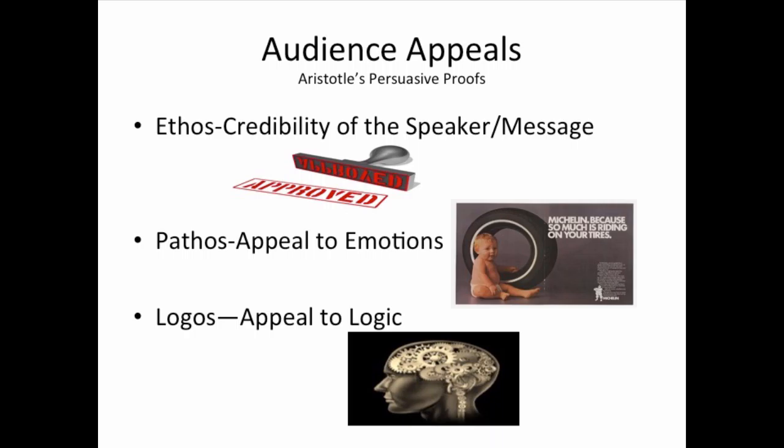So what Aristotle argues is for a message to be persuasive. I don't even think it's about just being persuasive. I think it's about a message appealing to an audience. You have to have that credibility as a speaker. Your message also, which gets left out a lot, must be ethical. They must be able to appeal to their emotions and their logic. But what I'm going to argue, when we apply specific target audiences, is that sometimes there are different percentages with these two, with the pathos and the logos.